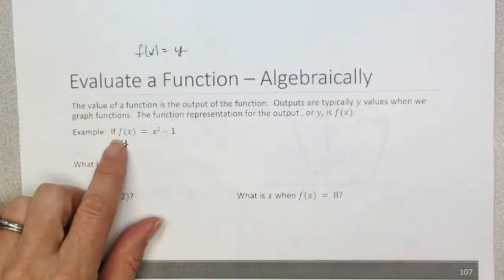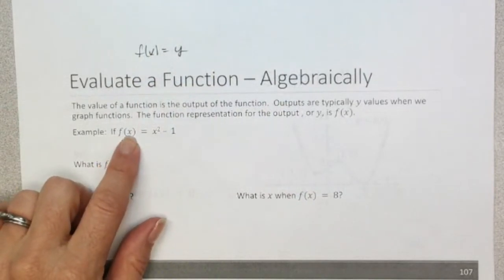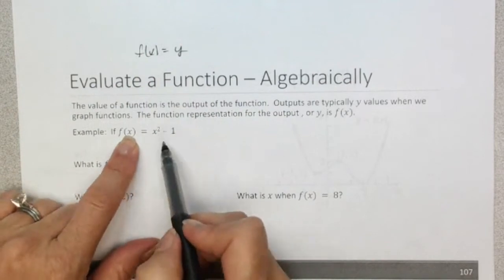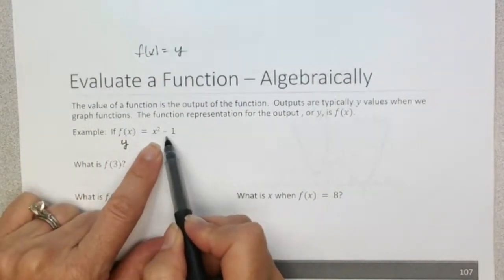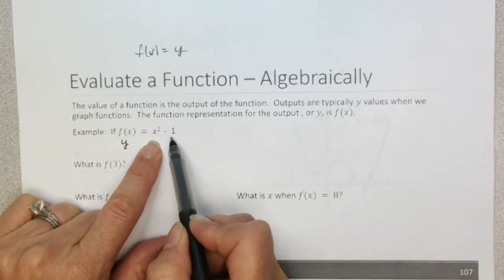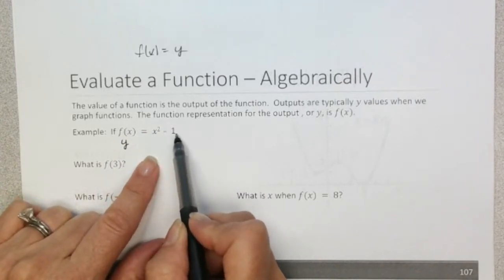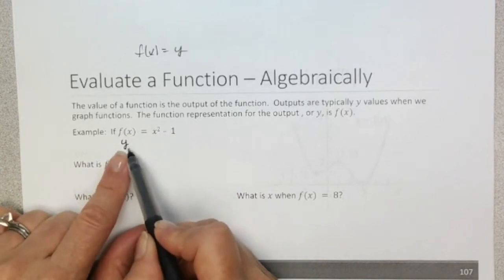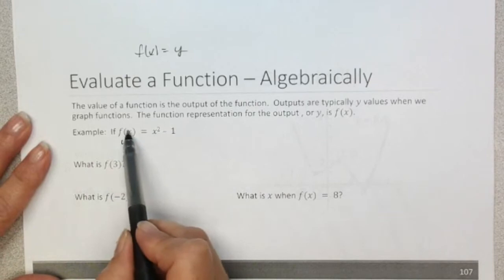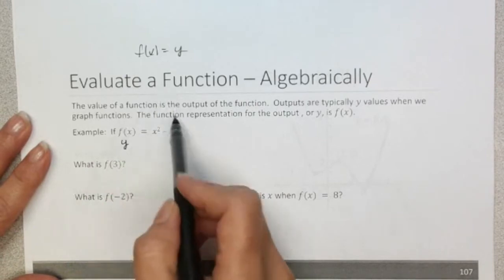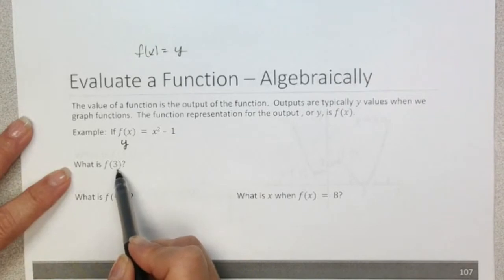It's showing me that this is a function called f, and it's accepting x as its input. The algebraic definition of that function is the rule that we use to find the output of that function, or the rule that we apply to x to get y, right? So if I've got this function here, f of x, defined as x squared minus 1, and I want to find f of 3,